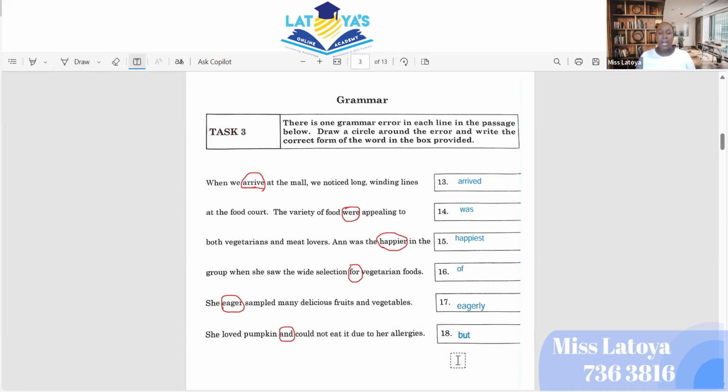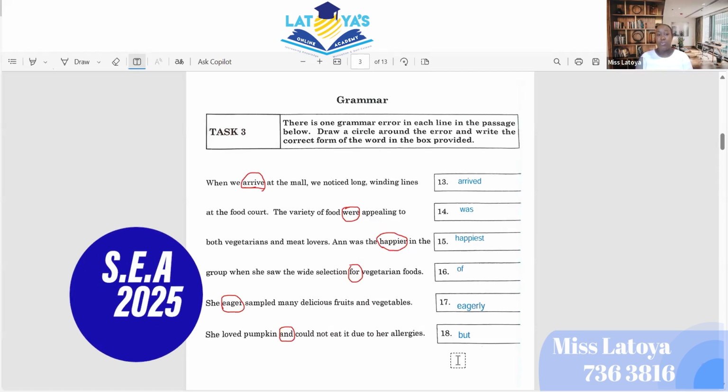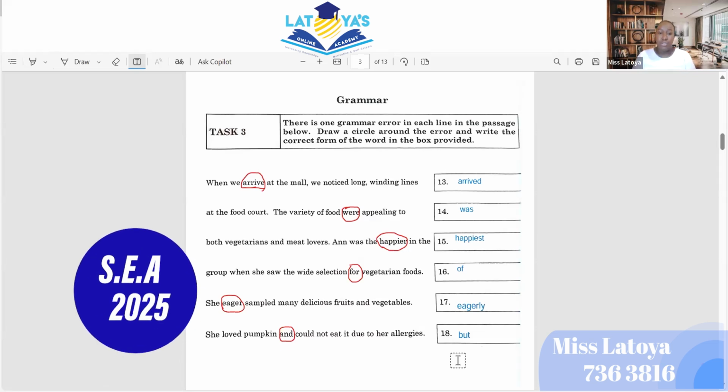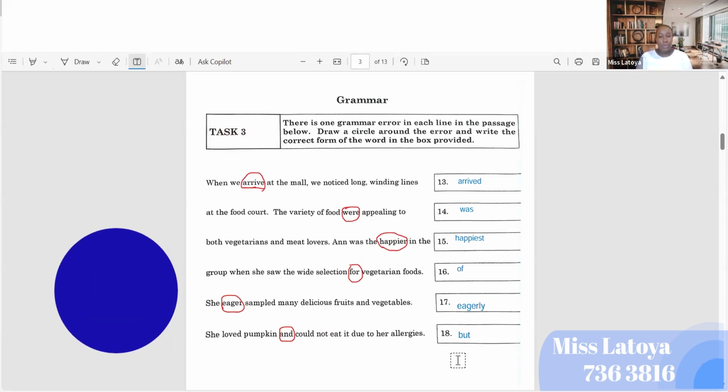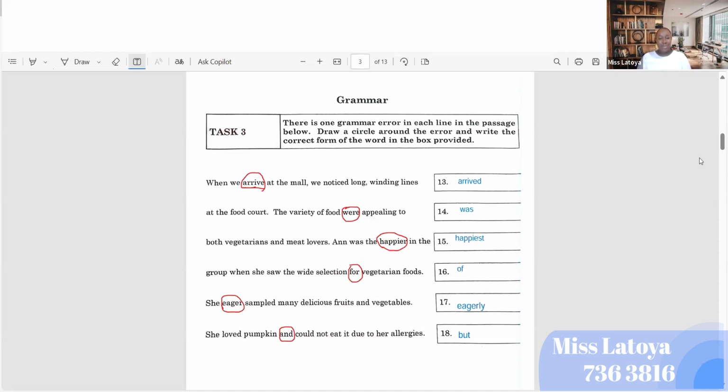You begin learning that as early as first year, and it's for a good cause, because at the end of the day, the exam is not coming to ask you to define what a noun is or define what a verb is or a preposition or a conjunction, but it wants you to apply what you learned. You have to recognize when they are used incorrectly and use them. So don't overlook your grammar. This is the end of task 1, 2, and 3 in the E.L.A. paper.